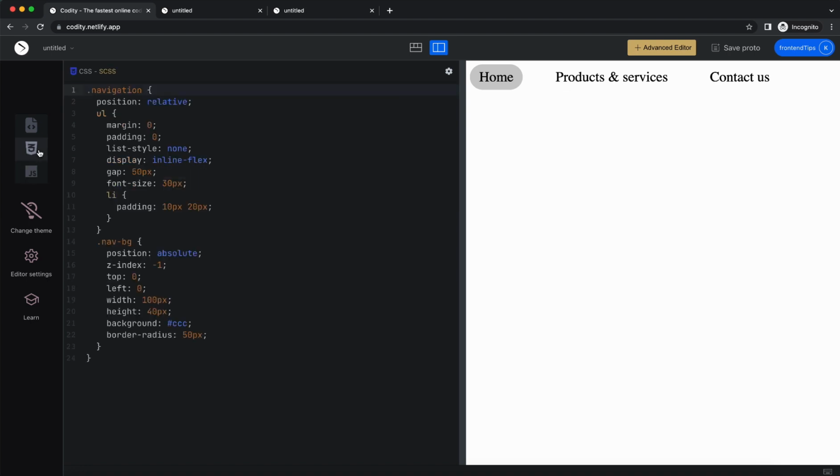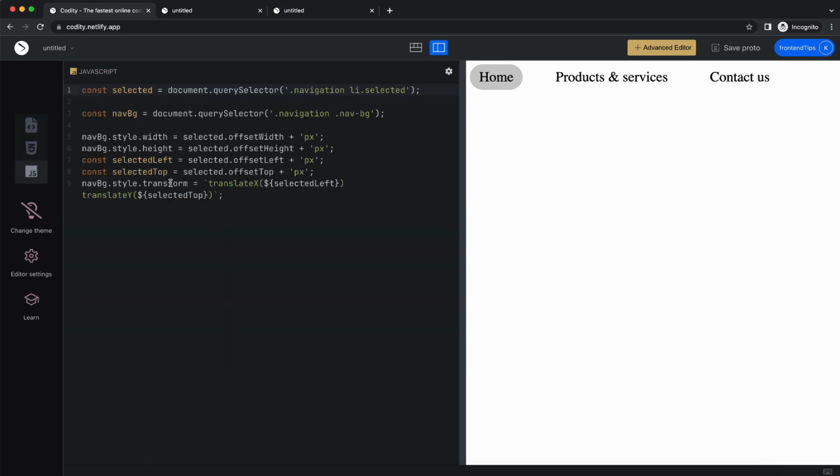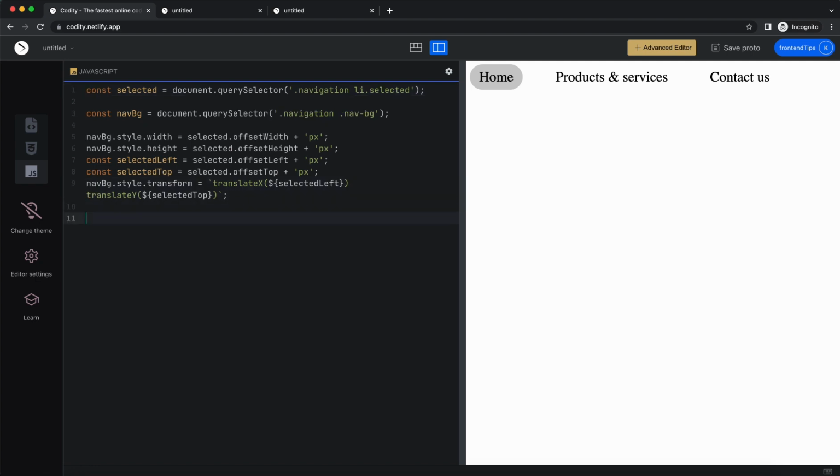I can add to the li, I can add cursor pointer, or you can use anything here instead of li, or within the li you can put like a link, like a tag. So now you can see that now we're supposed to click on each of these, and then this needs to be moved, right? So to be able to do that, I can say